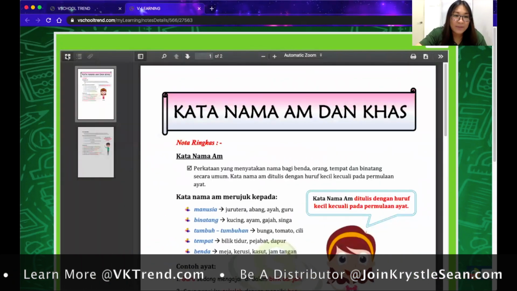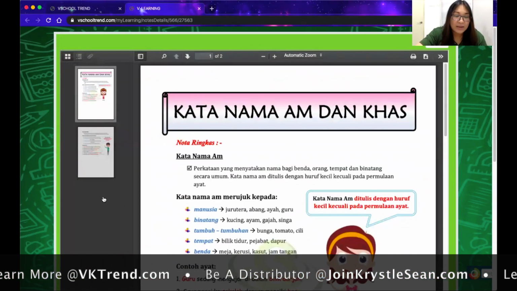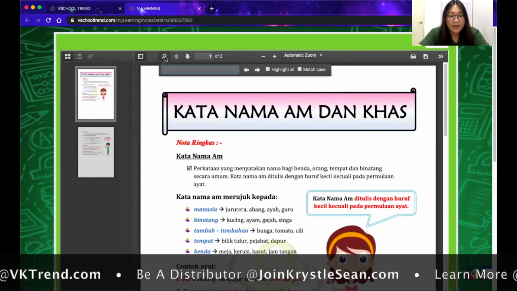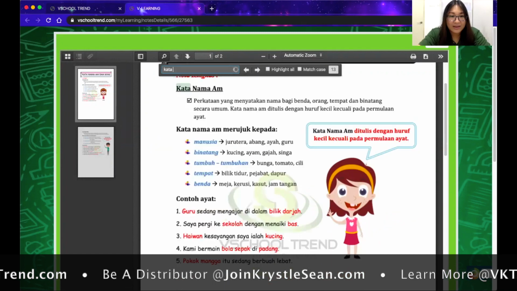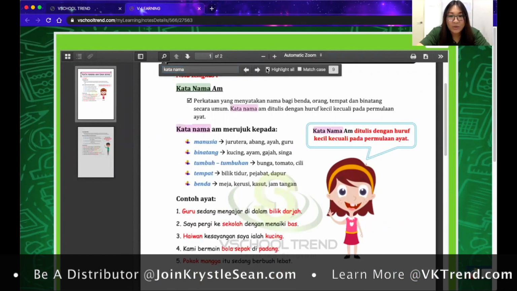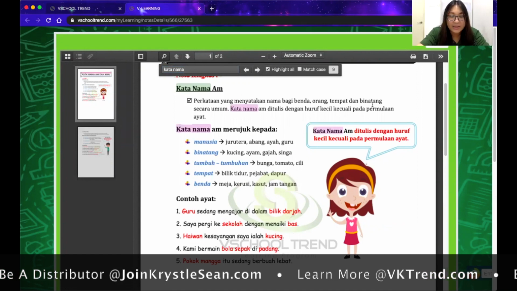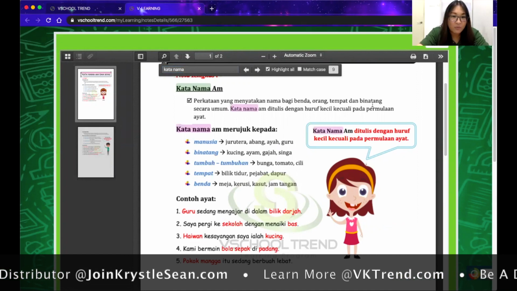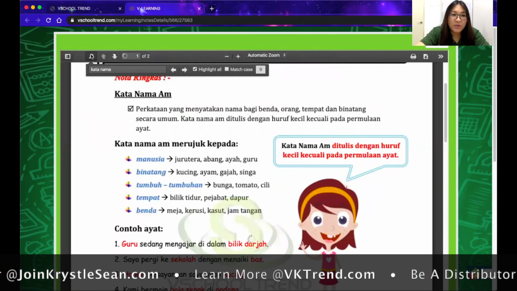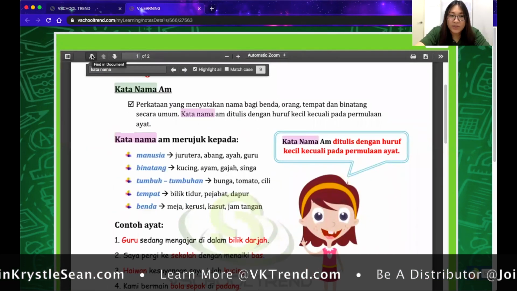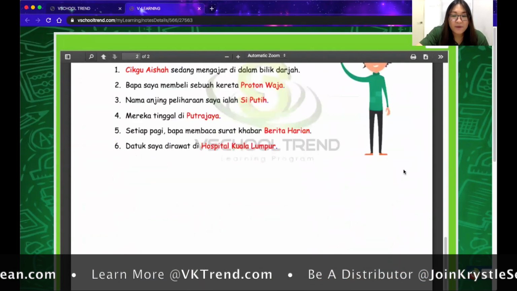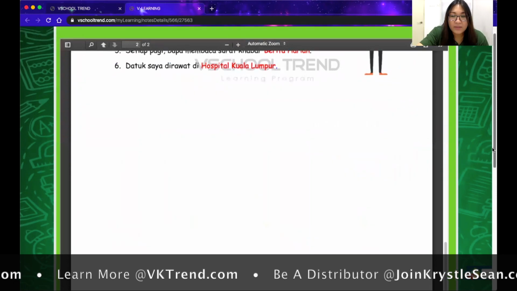And this tab here is an overview. You can see there are just 2 pages, and you can even search. So if I want to find a word like kata nama, immediately it will show, and I can choose to highlight all the text that consists of the same wording. This is very, very useful, especially when a child wants to search for a particular word, especially for Sejarah.